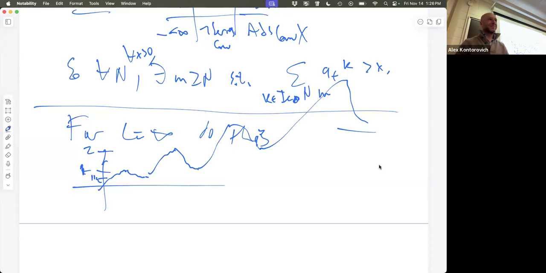Why, Sean? Can't you just use the positive terms since you know that they never... Excellent question. Why can't I just use the positive terms? It has to be a bijection. I have to use the negative terms. I have to use all the negative terms. If I don't use the negative terms, then it's like our matrix, where I'm only summing, and I say, after you've summed all the positive terms, then go ahead and add the negative terms. No. We got to use them all. So that's why we have to go back down. The question is, how far back down? Whatever, L over 2. I have to use the negative terms for it to be a rearrangement. Excellent question.